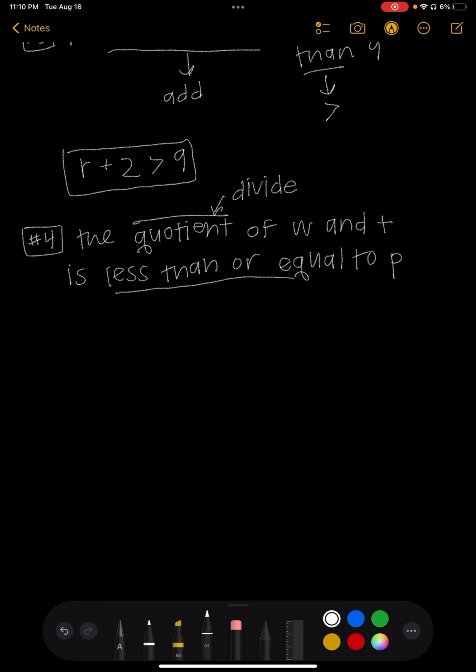And then we have less than or equal to, which was a part of our inequalities list, which would look like that. So based on what we can see, we would say w, we know it's dividing by t, is less than or equal to p. And there is our algebraic expression again. So really, on these ones, you just want to make sure that you have that list in front of you, or have a general idea of what that list has, because that makes it super